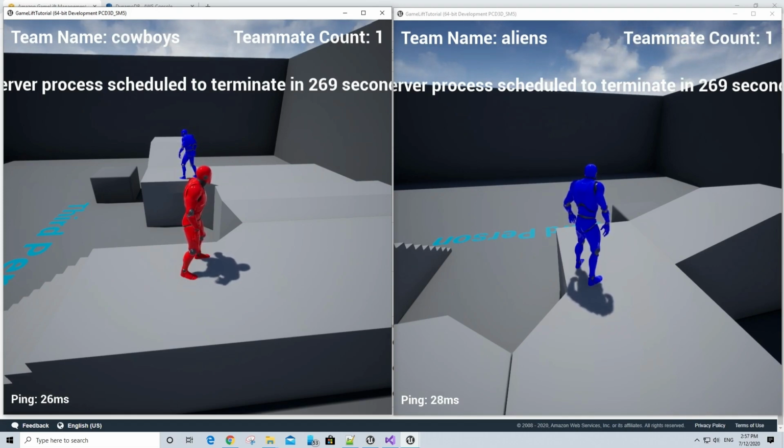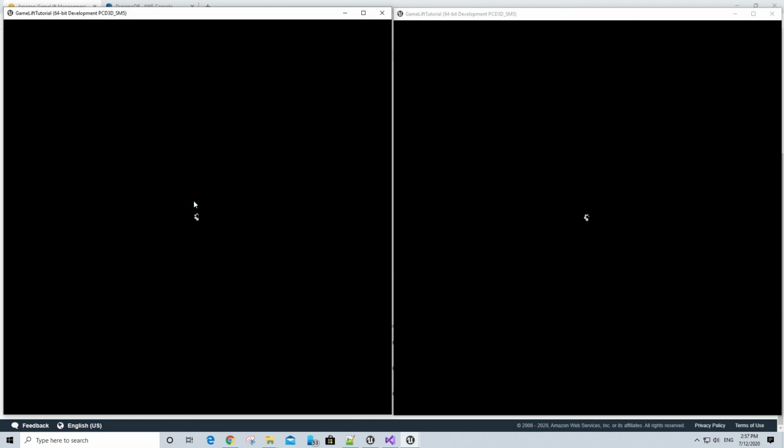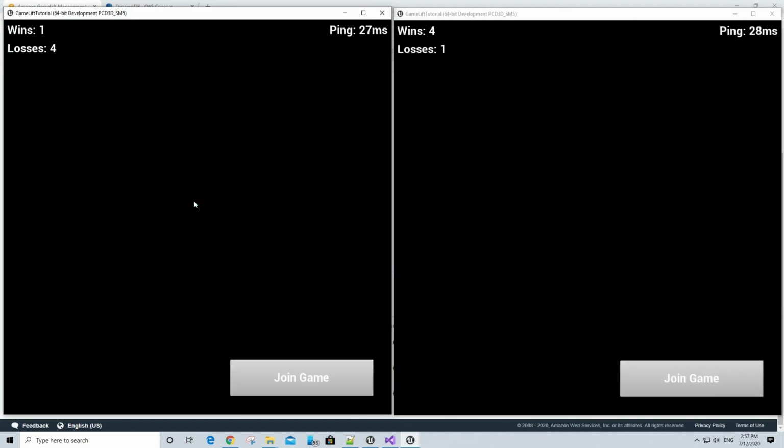game session was terminated. And as you can see, I know it's cut off here, but it did say server process scheduled to terminate in 269 seconds. So that means when we call get termination time, it was approximately, I guess, a little more than maybe about